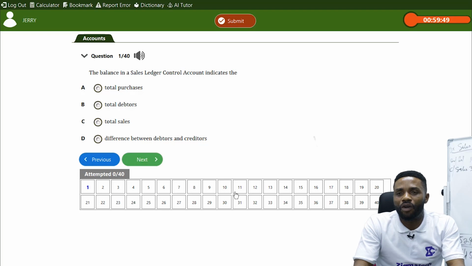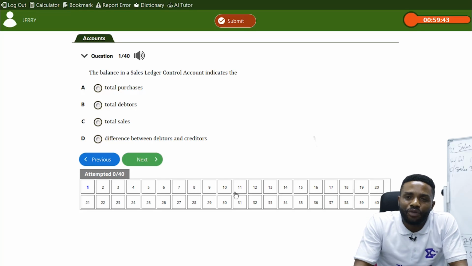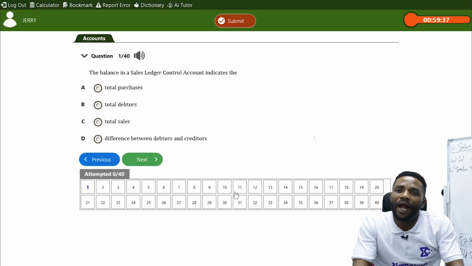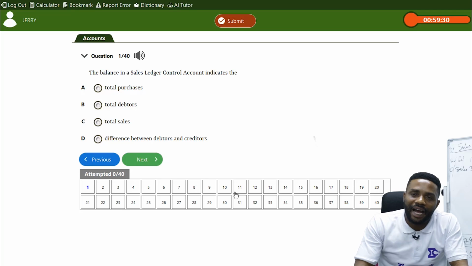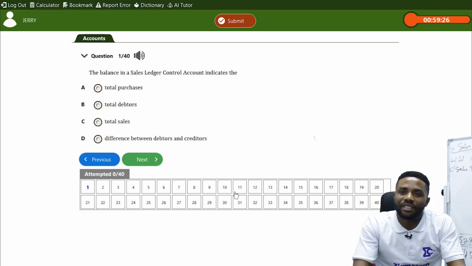We are not going to pick just one or two questions, and we encourage you to take time to go through all the questions, and if you have any challenge, you go back to the lesson. Question 1. The balance in a sales ledger control account indicates the dash: total purchases, total debtors, total sales,